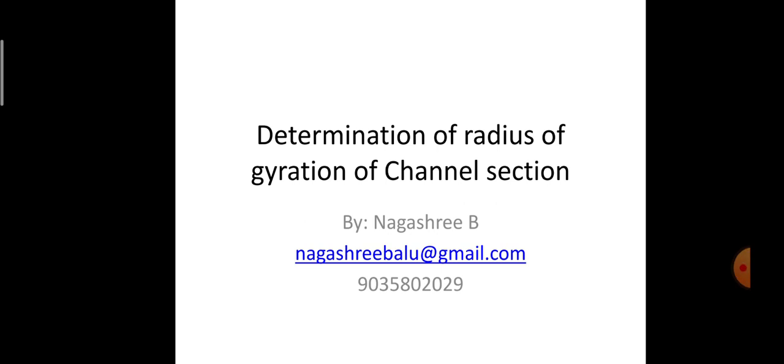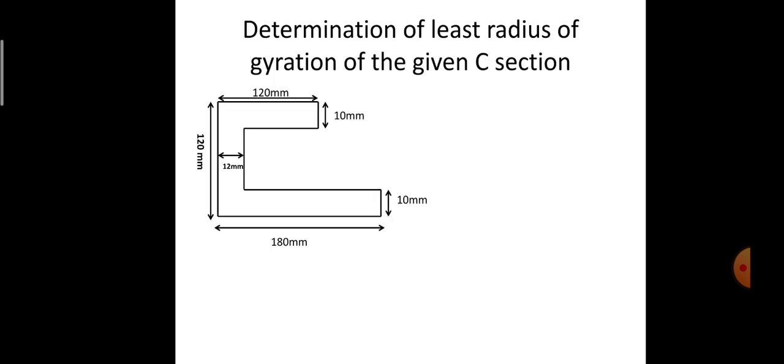So today I'll be discussing how to determine the radius of gyration in the case of a channel section. This channel section, in short, is also called a C section or C-shaped section. Here I have a numerical. We need to find out the least radius of gyration for the given